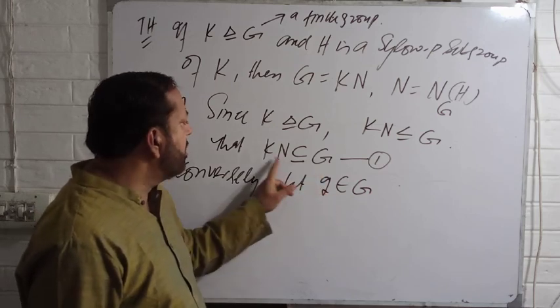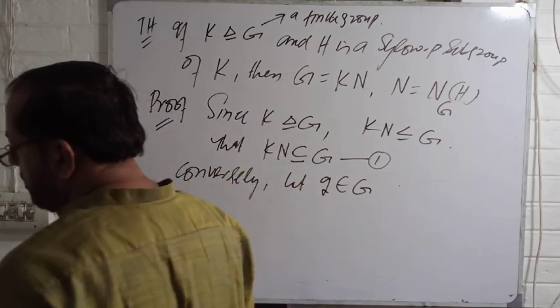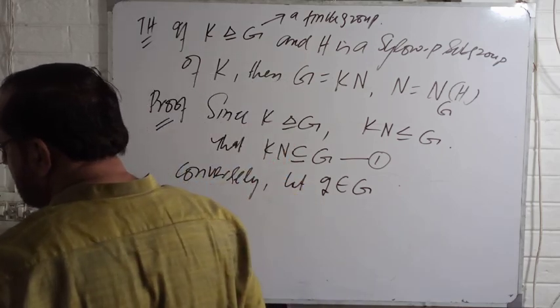And you have to show that g is an element of Kn. Okay? That g belongs to capital G. Then